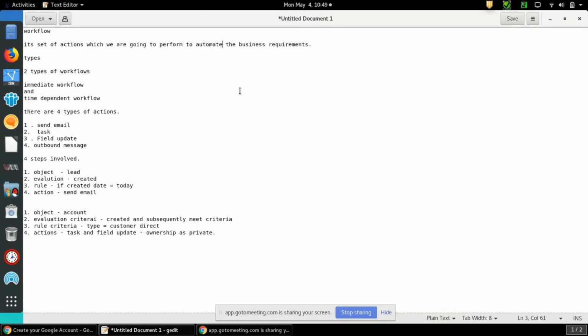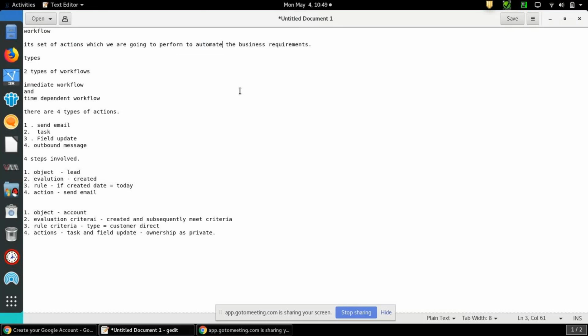Immediate workflow is nothing but whenever the workflow is triggered, it will execute immediately. Whenever something happens in the record, immediately, suppose I have created a workflow on the lead object, if the condition or criteria is satisfied, it will execute the workflow.